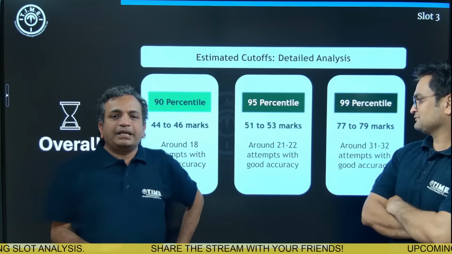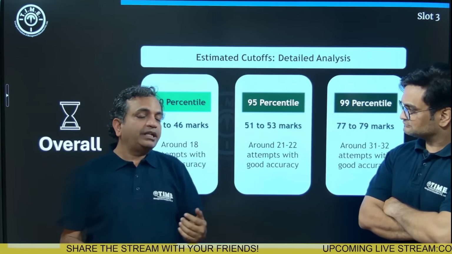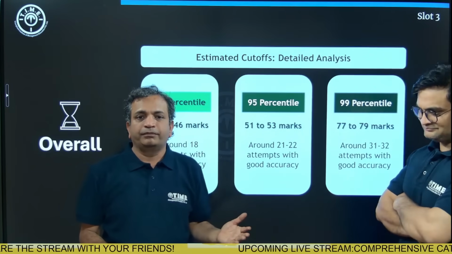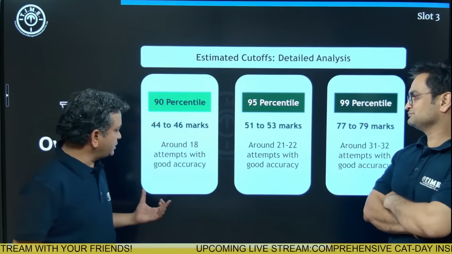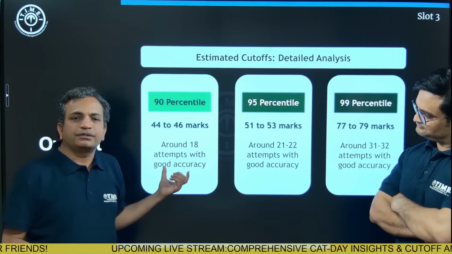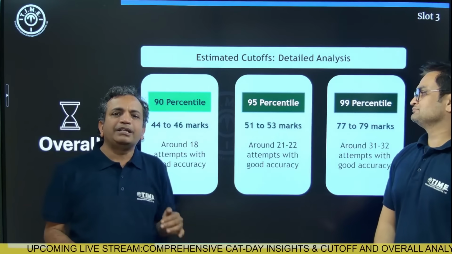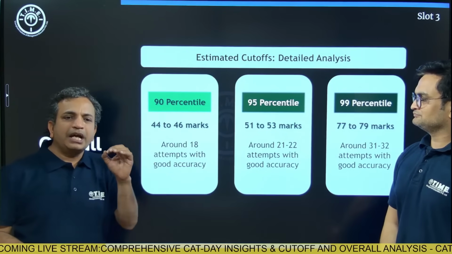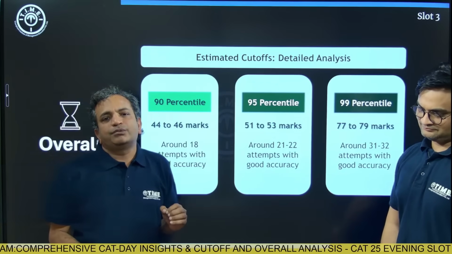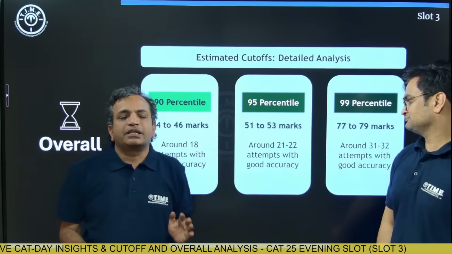Now, I keep repeating this session after session, but I think it is worth repeating because people say 68 questions, 120 minutes, less than 2 minutes per question. Oh, CAT is so tough, right? But look at this. To get to 90 percentile, you need to attempt 18 questions. Okay, you discard all the tough questions. You spend your time, you focus on those 18 questions. So you have 120 minutes for 18 questions. So how many minutes would that translate to per question? Right? Think about that. That's way, way, way higher than less than 2 minutes.